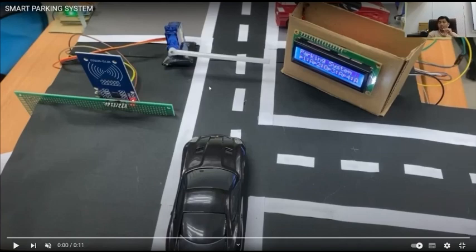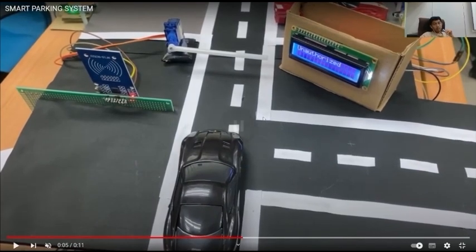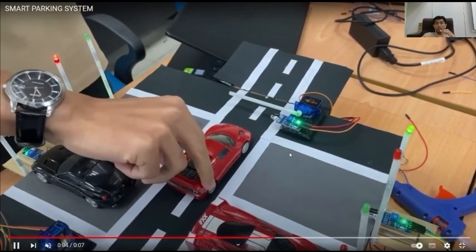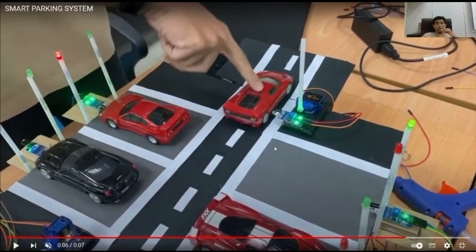The second condition is the car cannot enter the parking space due to being unauthorized. Based on this video, even if you tag the RFID to the scanner, it will display unauthorized, and you have to leave the parking space by choosing the alternative path. So we move on to the last condition, where we demonstrate the process of a car leaving the parking space. Based on this video, the IR sensor will light green as soon as the car leaves the parking space, and when it reaches the IR sensor, the servo motor will lift up,